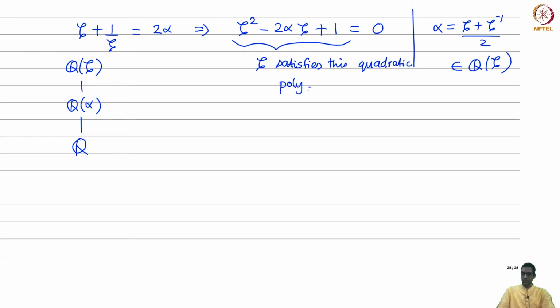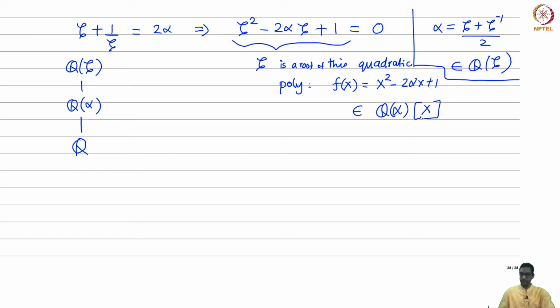So what quadratic polynomial? Let's call it f. F of x is x squared minus 2 alpha x plus 1. Okay, zeta is a root of this quadratic polynomial, and this quadratic polynomial has coefficients in Q(alpha). Okay, so what that means is that Q(zeta), if you think of it as